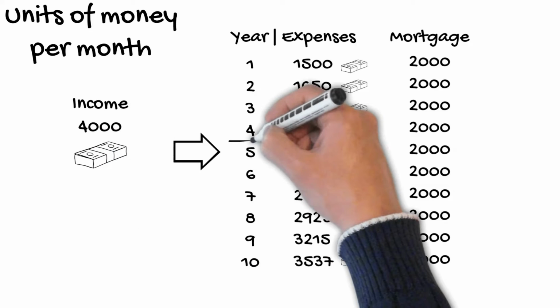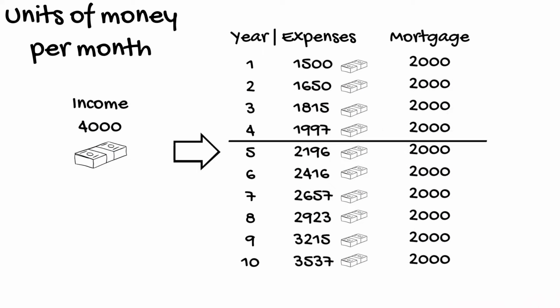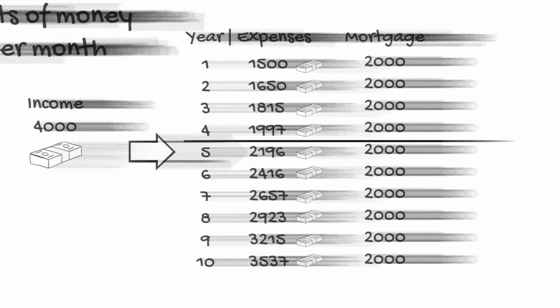That means that at year 5 you can't afford the life that you are used to anymore. At that point, you have to start economizing on the non-essential things and every year after to cut your expenses even further. Here are a few things that you have to consider when you choose this way of buying